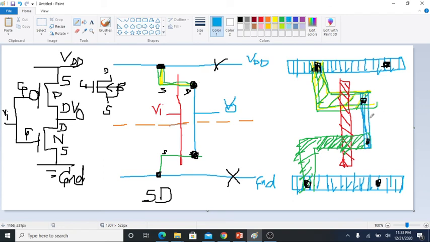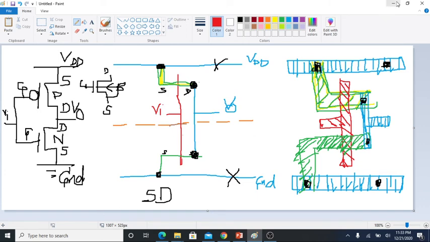So output is also made up of metal, so you can extend this line. Metal is made up of straight line, so you will make blue color straight lines for metal. And for input you can show the polysilicon line. So this is your right aligned polysilicon. So this is your layout, this is your stick diagram, and this is your schematic for CMOS inverter.